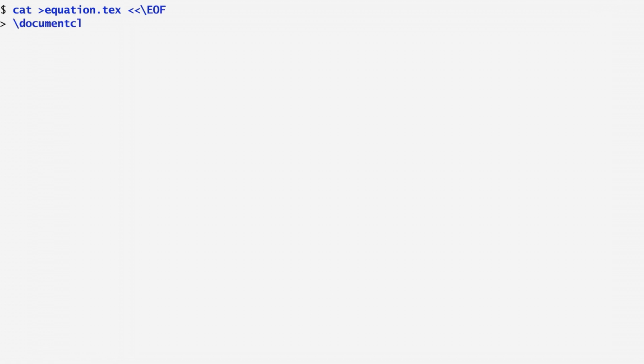The first line, \documentclass, specifies the document's type. Here I use the minimal class, but this could also be article, book, report, and so on. In LaTeX, larger sections are defined by begin and end blocks, while commands are preceded by a backslash. Therefore, I write \begin and specify that the block type is document. Next, I write the document's contents. These are fixed, but they could be produced by a program.